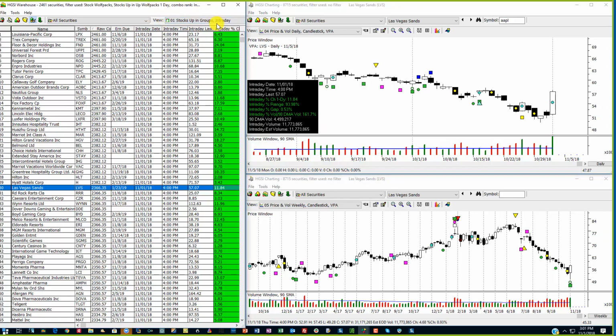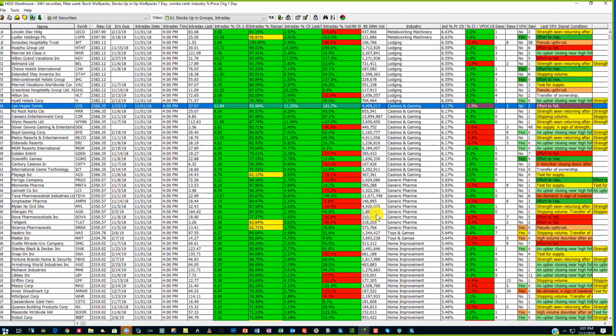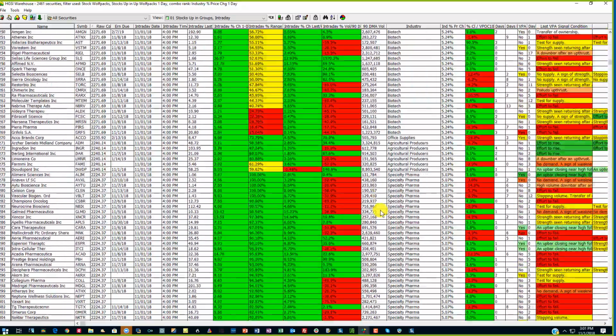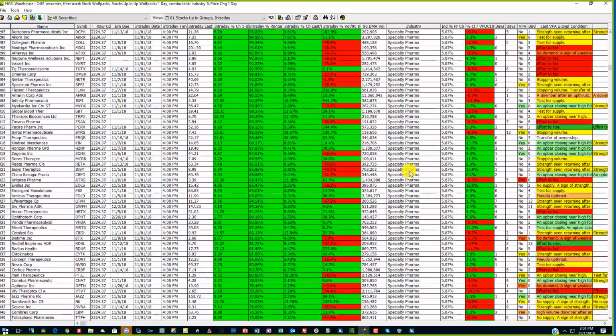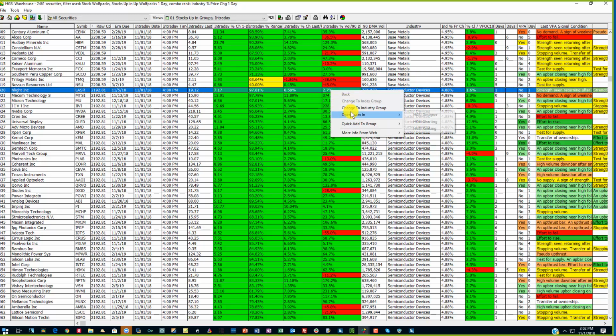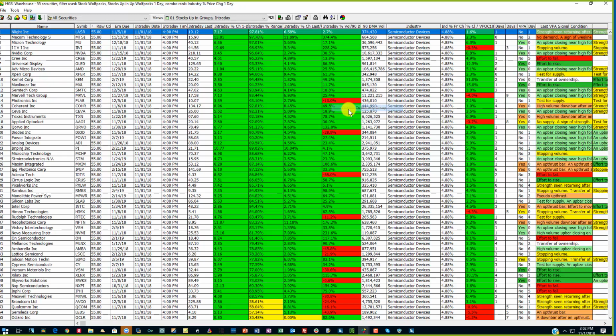Now, I want to show you one more thing before I wrap this up. I don't know where the time goes. It always gets away from me. But look at all the biotechs, specialty pharma. These are all up to date. This is what I wanted. I wanted the semiconductor stocks, and I'm just going to go down to the industry group level. I'm going to isolate these. And what I want to do is show you,